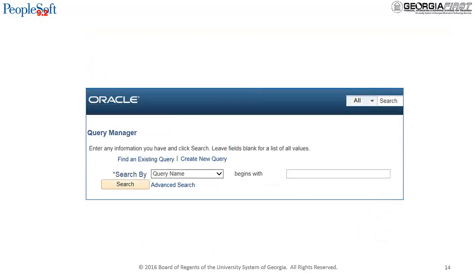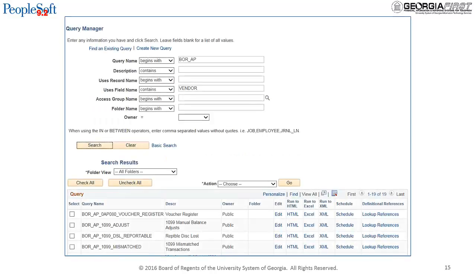If you need to narrow your list of results, you can use the Advanced Search function. Both the basic and advanced search allow you to select the same search by criteria. However, the basic search enables you to search using only the Begins With condition. The advanced search enables you to narrow your search by using one or more search by criteria. Most users fill in only two criteria, although you may fill in more if you have the correct information.